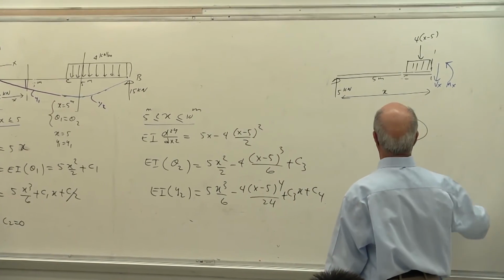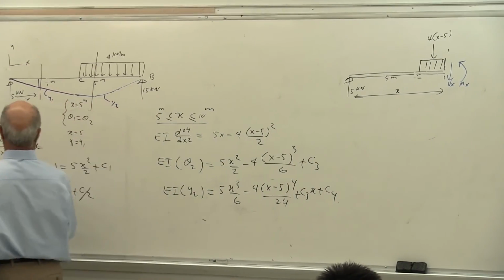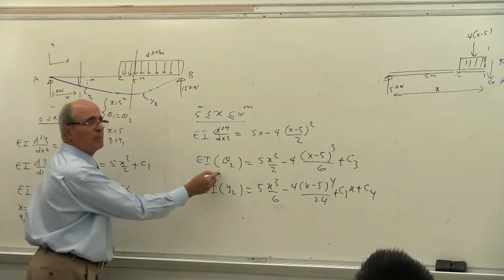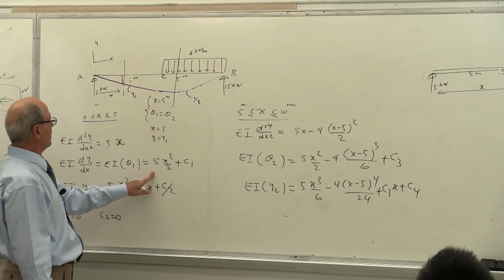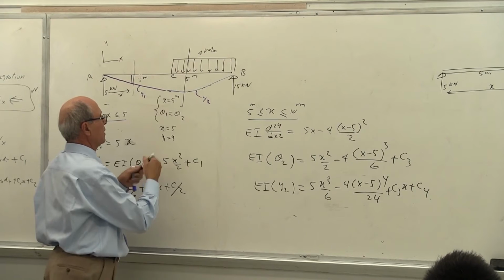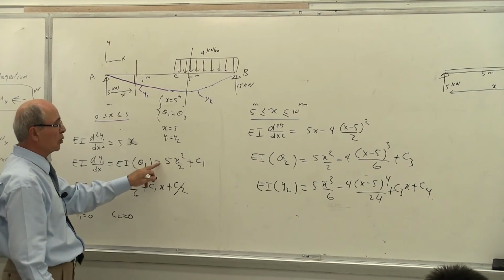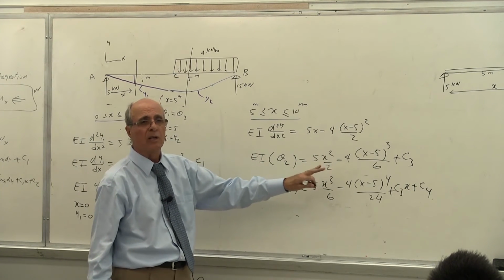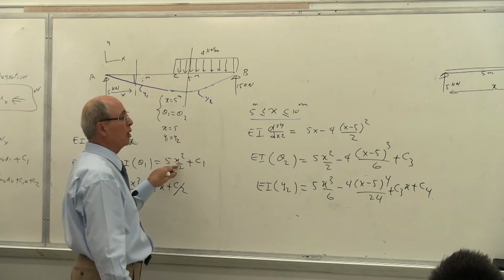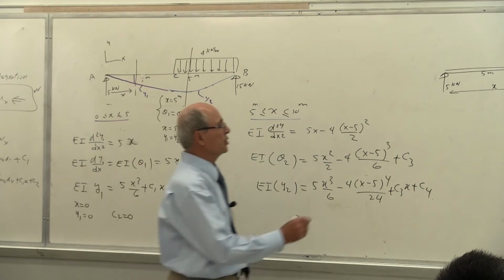So the solution is like that. So let's use the solution now. At x equal to 5, theta 1 must be equal to theta 2. Yes? Y1 equals Y2, right? No, don't put this equation equal to that equation, as some of you do. That's wrong. When you plug in x equal to 5 into both, these two become the same. Is that correct or not? So the result is this. I put it in front of them.